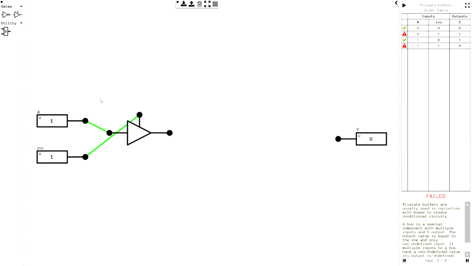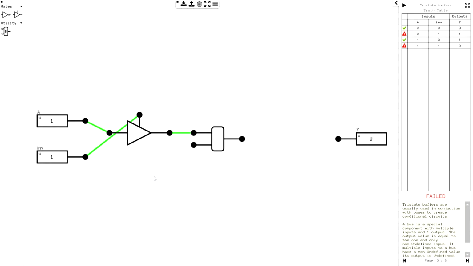So on line 1 here, it's going to be undefined, right? So I need a 0 to go out to Y. So if I put the bus here, this connects to the bus, so it's going to be undefined, and he has 0 to go out, which would be A, except